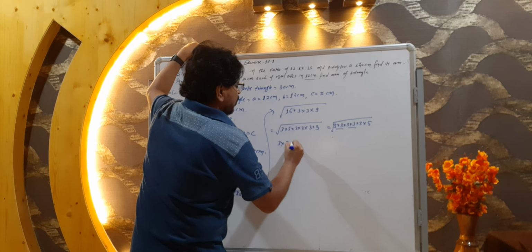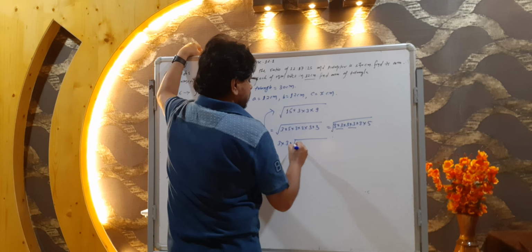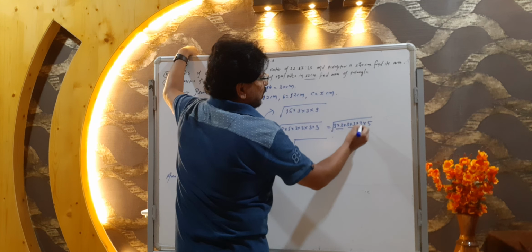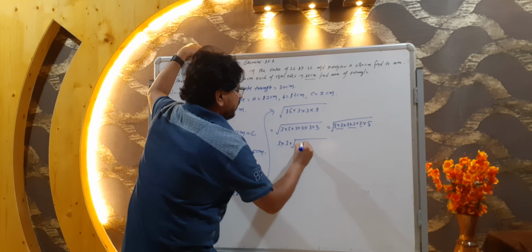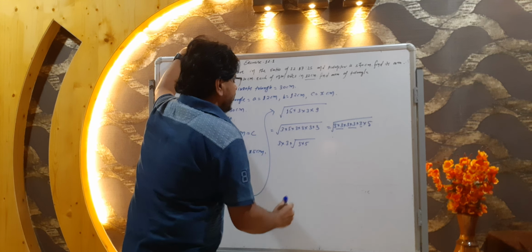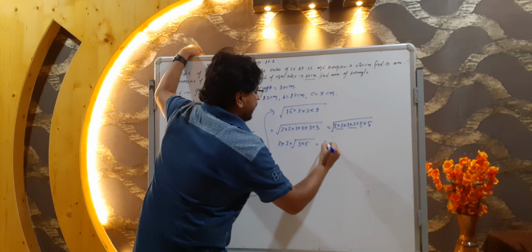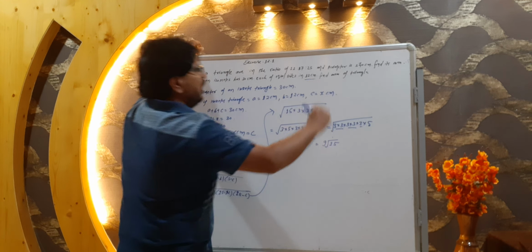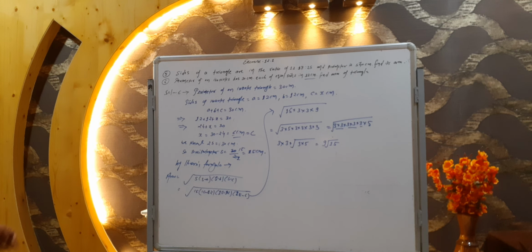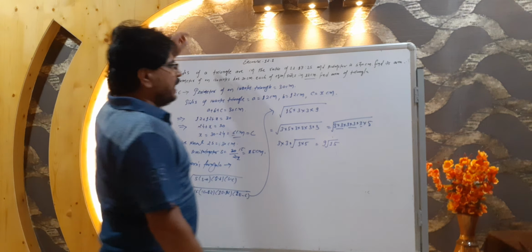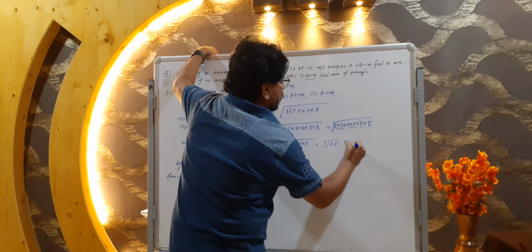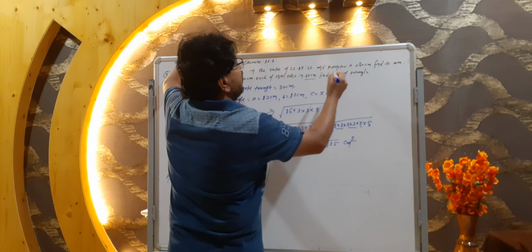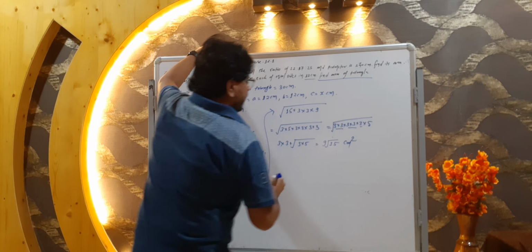Now what remains inside? Inside the square root, this 3 and this 5. 3 into 5. Okay. अब 3 3 जा 9 and 3 5 जा 15. So let's see what we got here. Area 9 under root 15 square centimeter. Here you are asked to find the area of the triangle.